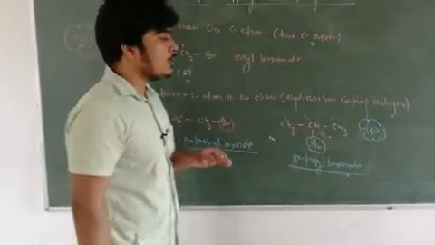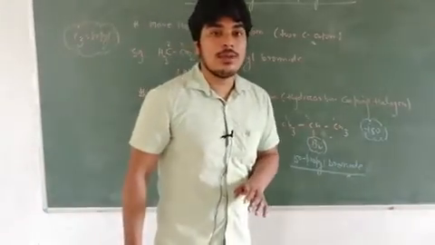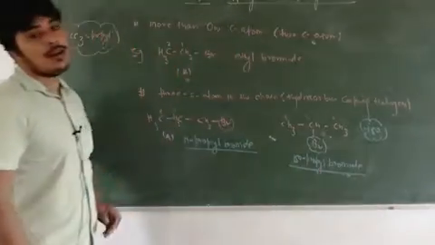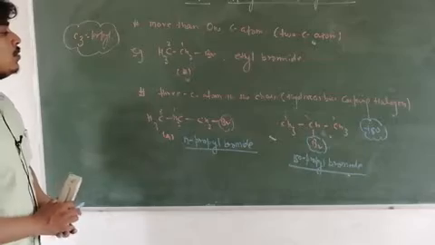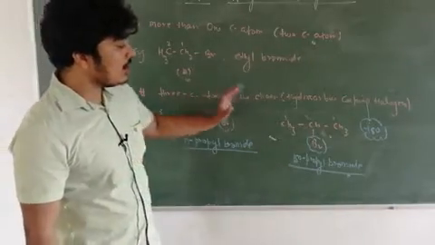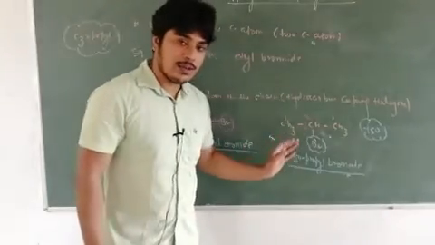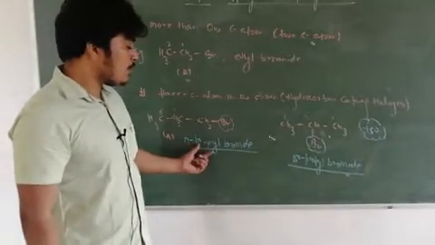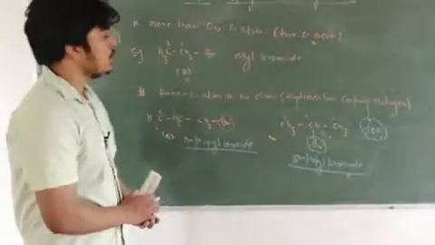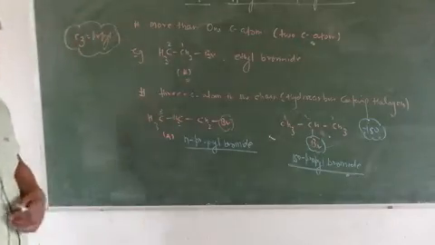So make all your doubts clear. This is the isopropyl bromide, this is the normal propyl bromide. So there are two common names in a 3 carbon atom chain. First one is normal propyl bromide, second one is isopropyl bromide. So take a screenshot, I am going to rub it.